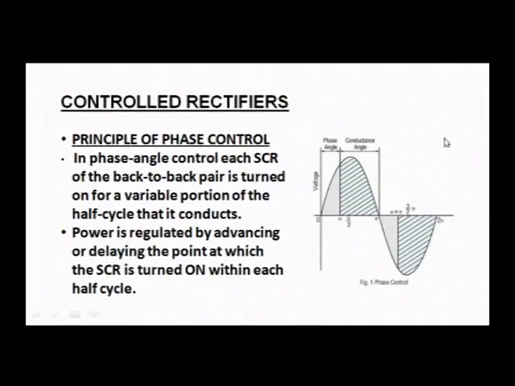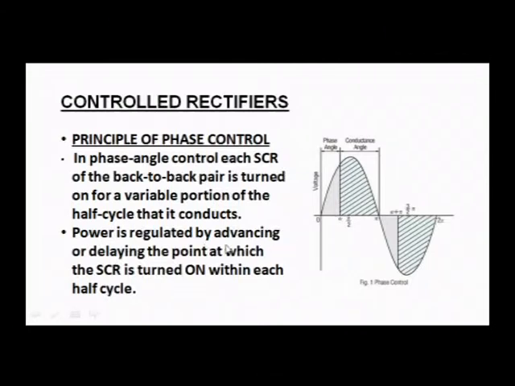The next slide is going to show you the waveform. I have shown the waveform in both halves, thinking that there are two SCRs connected back to back. Please see over here, the shaded portion is the conduction part and the non-shaded portion shows it is off. The shaded portion shows that the SCR is on. So in the positive half I have one SCR which is on for some period of time, and at this alpha I am going to trigger, I am going to give a gate pulse.